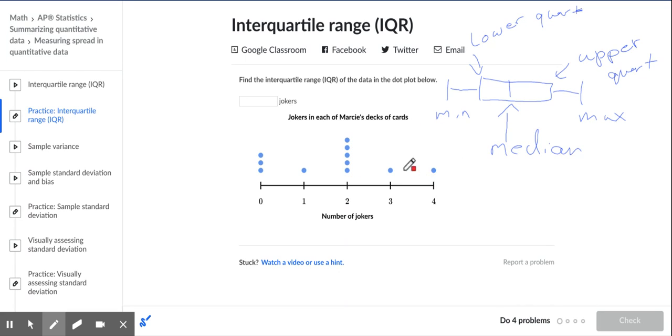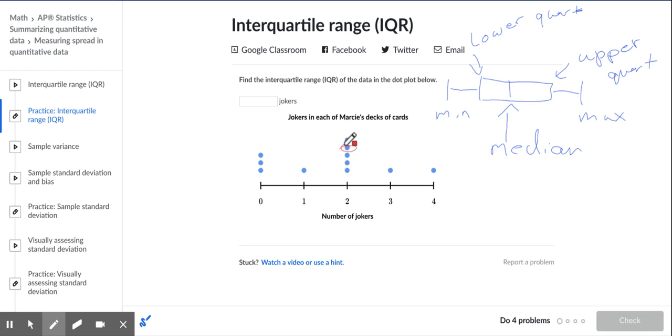So the middle one is going to be the sixth, because 11 divided by 2 is 5.5. So the middle one is 6. There's going to be 5 below, 5 above. So 1, 2, 3, 4, 5, 6. This is our middle point,